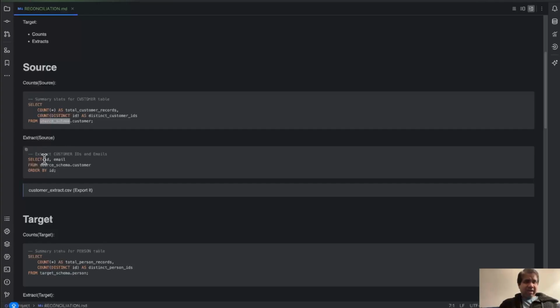Similarly, extract the data which is of interest to you to reconcile. For this scenario, ID and email from the customer table, and sort it by ID, so that the reconciliation process will be easier. Left and right, you can compare pretty well. Okay. Then once you extract, you will be displaying that in your DB client or IDE,